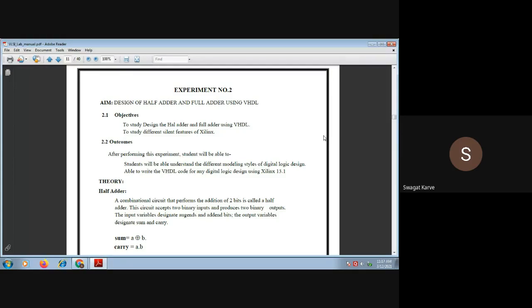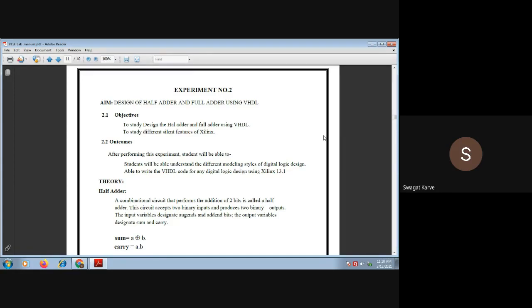Now I hope you have a clear idea of what we mean by combinational logic and sequential logic. Where memory is involved in your design, that means if you are using a shift register or a D flip flop or any flip flop, then it is called sequential logic. That means in sequential logic, memory is involved, so the output depends upon the present and previous state.